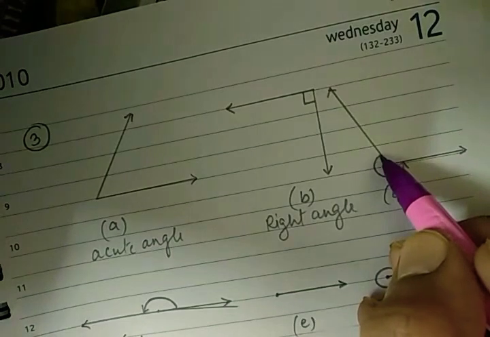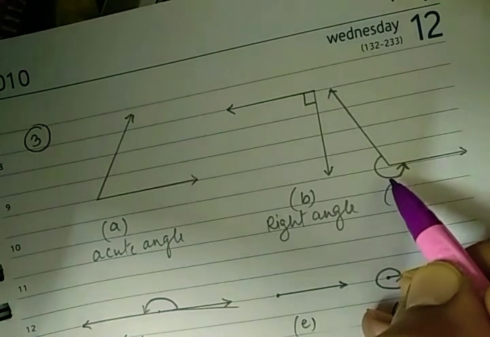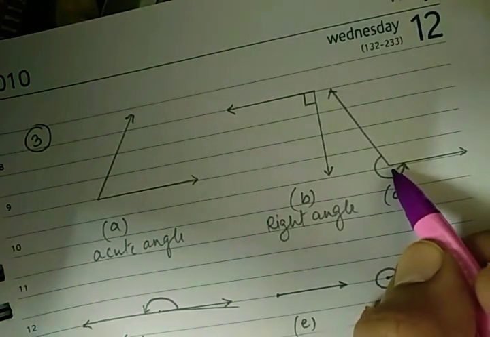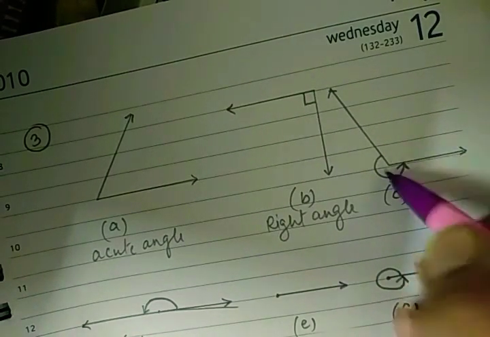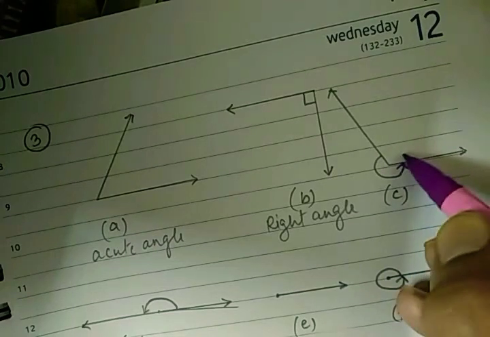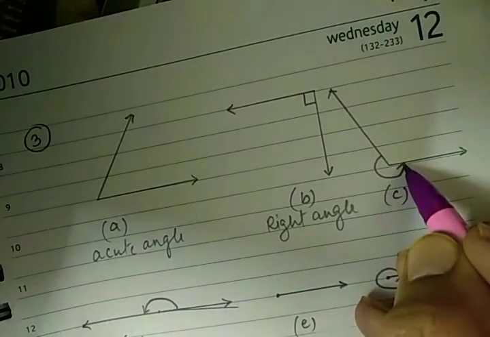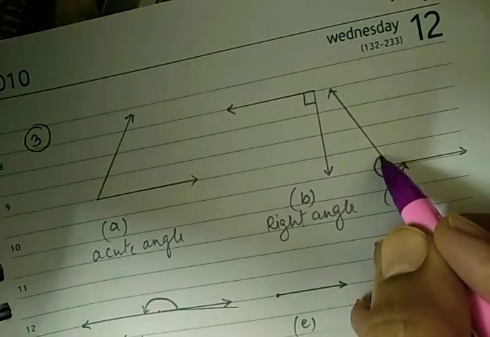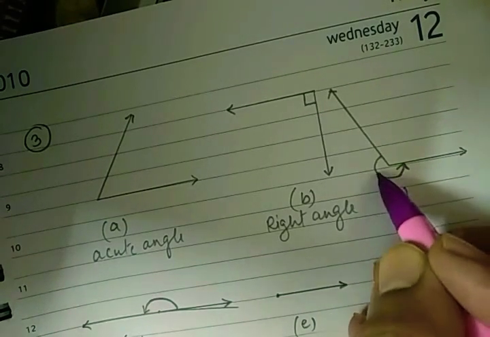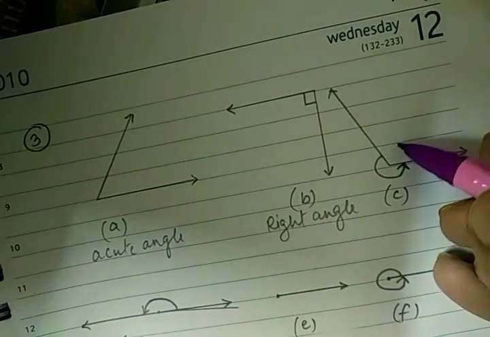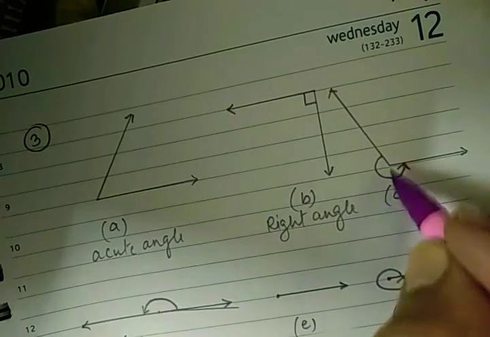that this angle has a direction, so it is a reflex angle because it is more than 180 degrees. If you look at the other side, the other face of this angle, you would call it obtuse. So many times you answer it as obtuse, but you have to be careful about the direction of the angle. This angle starts from here and ends over here. So you have to look at this arrow mark. We are talking about this angle, not this one. So this angle is a reflex angle because it is more than 180 degrees.